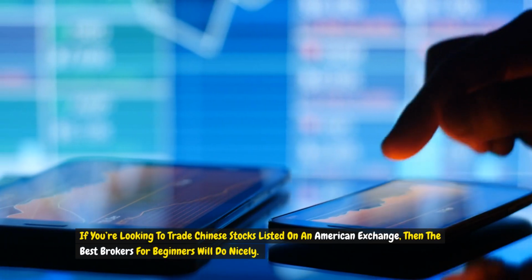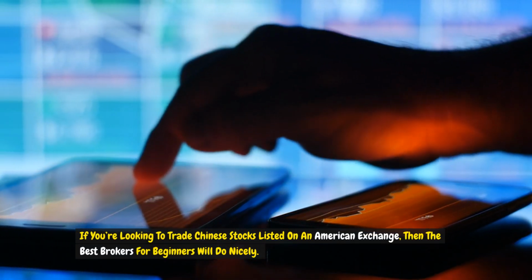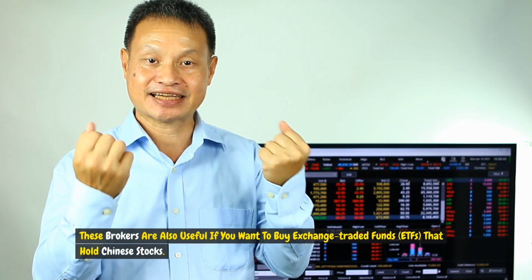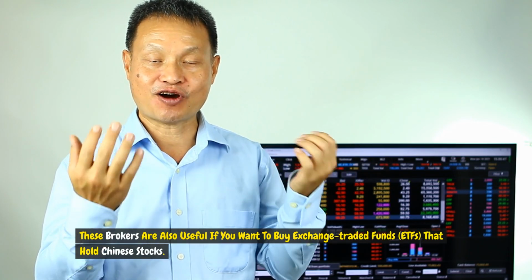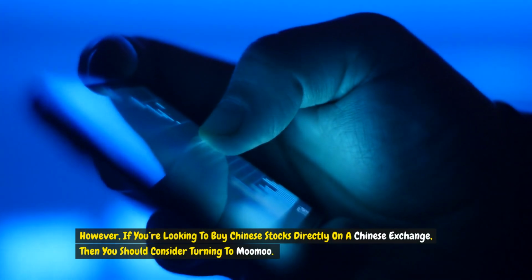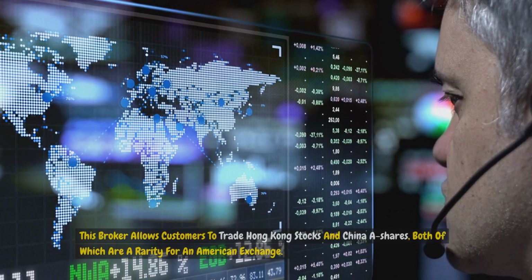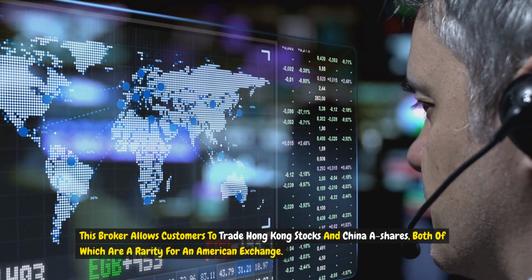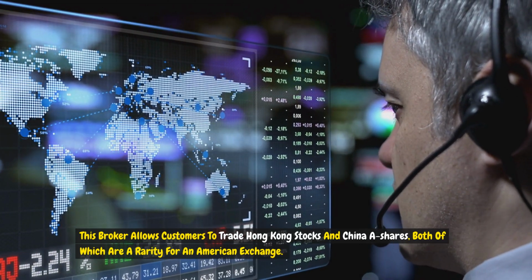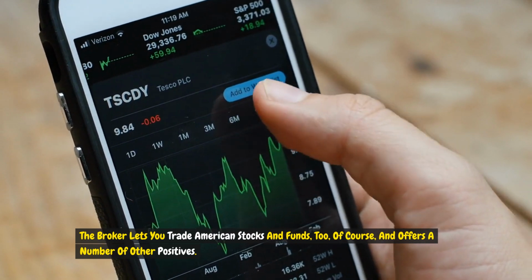If you're looking to trade Chinese stocks listed on an American exchange, then the best brokers for beginners will do nicely. These brokers are also useful if you want to buy exchange-traded funds, ETFs, that hold Chinese stocks. However, if you're looking to buy Chinese stocks directly on a Chinese exchange, then you should consider turning to Moomoo. This broker allows customers to trade Hong Kong stocks and China A shares, both of which are a rarity for an American exchange. The broker lets you trade American stocks and funds too, of course, and offers a number of